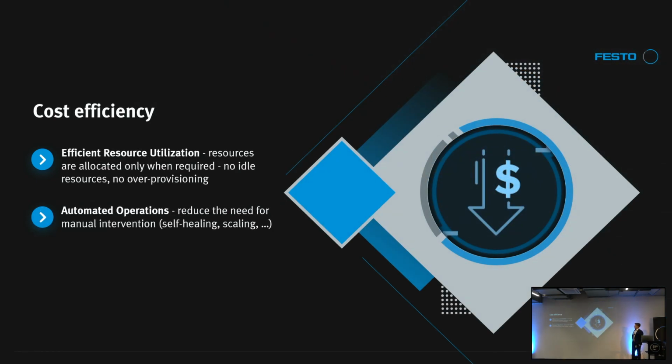Yeah, the third point would also be cost efficiency. So you can run your workloads or deployments very cost efficiently within Kubernetes. You have efficient resource utilization, which means that only the resources which are really needed will be used in the cluster. So you have not many idle resources when you configure everything right, and also no severe over-provisioning of your applications, so that you pay only for what you're actually using when you configure everything right.